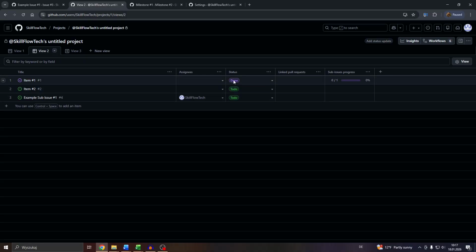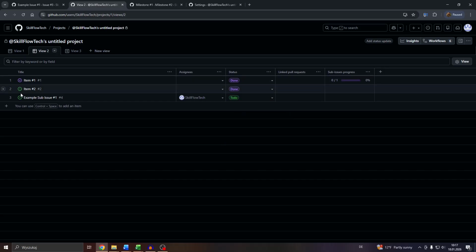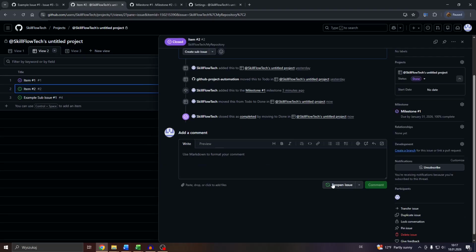For example, let me set this one here to done or to complete, and after that the status of the issue will change. And what you want to do here, as you can see, it's closed now. So what you want to do, guys, is reopen the issue by scrolling down and by clicking into this button